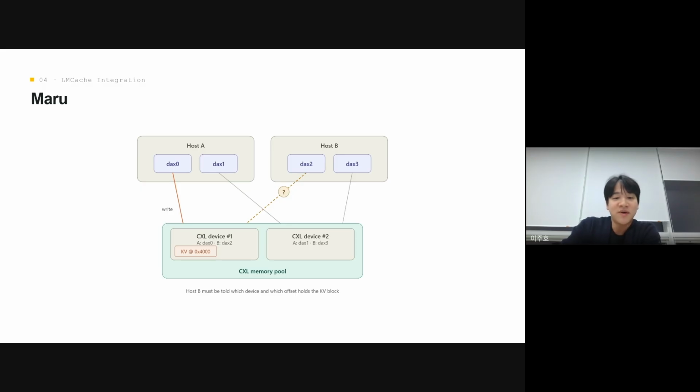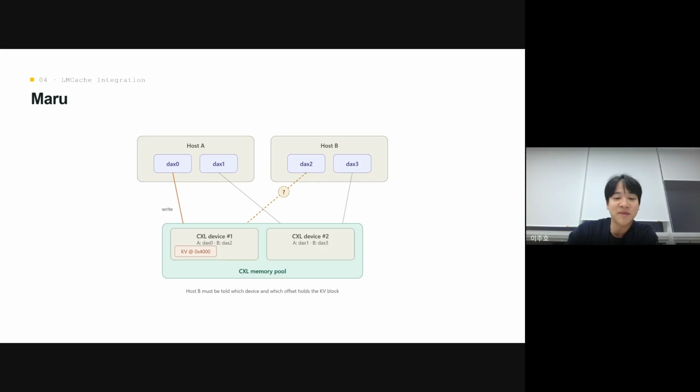So now let's talk about our integration. We named it Maru, and it is implemented in LMCache in process mode now. And here's the problem we had to solve. With a shared CXL memory pool, if